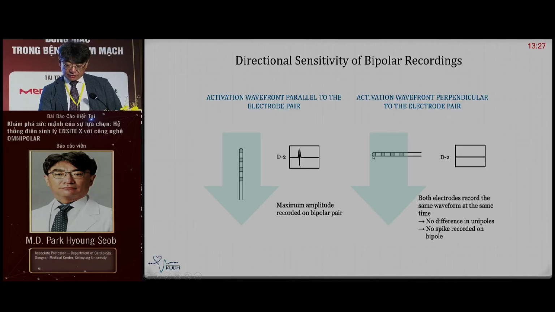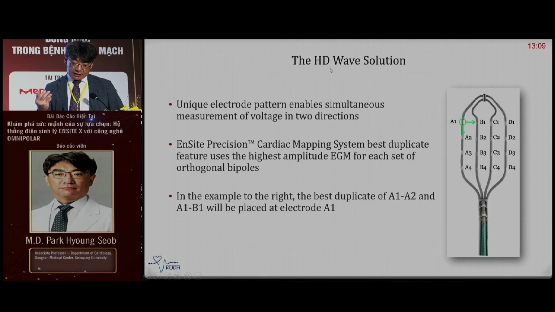In that case, there is no difference between the distal or proximal electrode unipolars. So the difference between the voltages is very small, and the system recognizes that there is almost no voltage. But the Insight system with the HD Wave solution can give us information independent of the orientation of the wavefront. The Insight Precision System uses a feature that picks the highest template EGM for each set of orthogonal biplanes. So it is independent of your wavefront